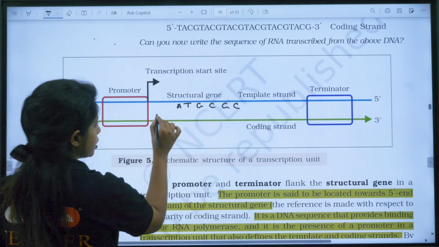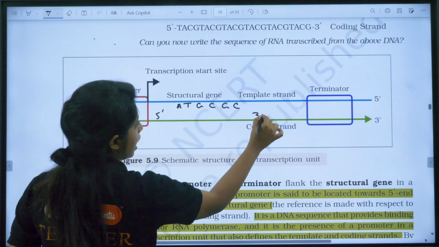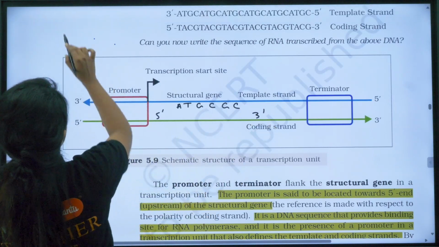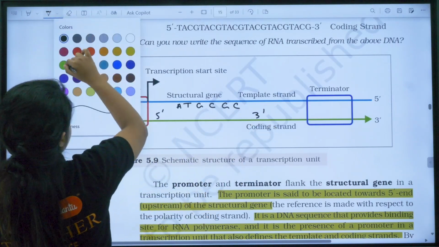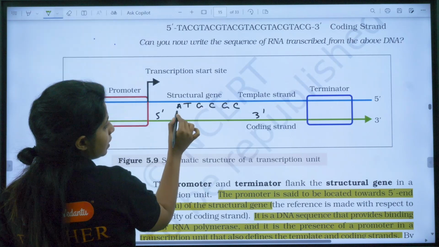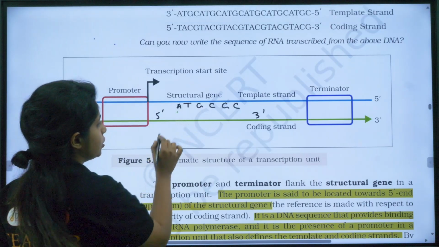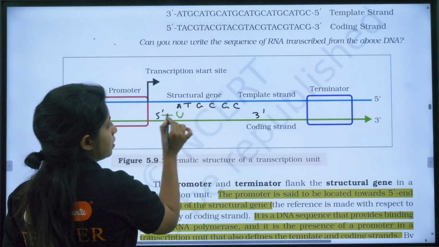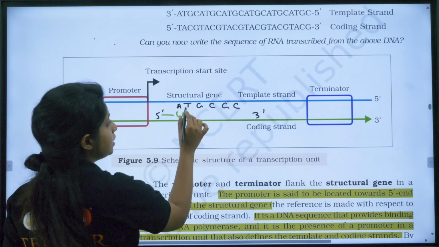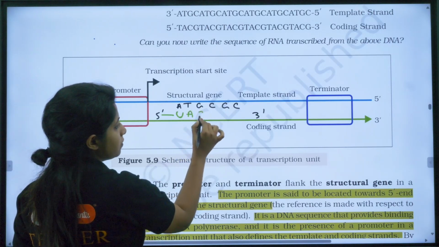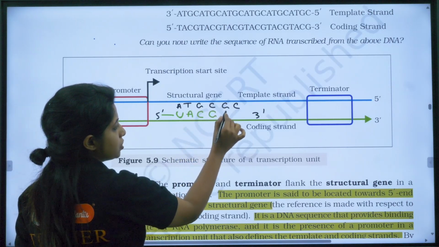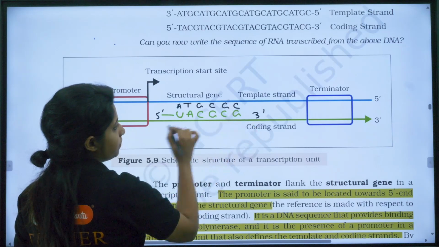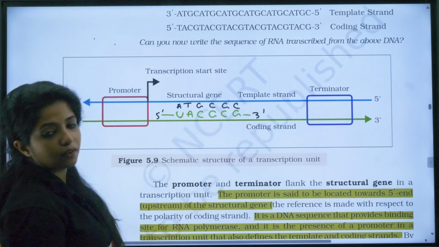So in 5' to 3' direction, the RNA polymerase works and it will be making a new strand. This new strand will have, instead of A pairing with T, A pairing with U, my dear children, this time. This is RNA. Similarly, T will be binding with A, G will be with C, C with G, G with C, C with G. So this is the new RNA strand that will be formed.